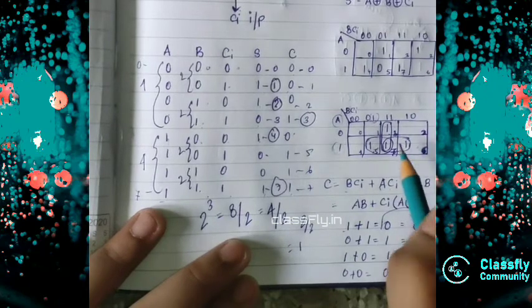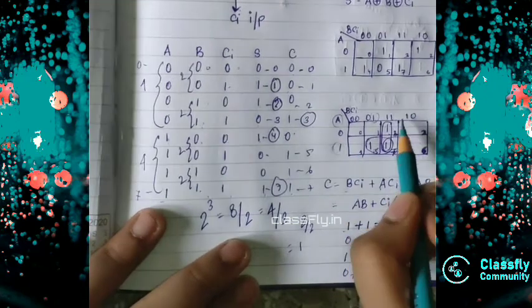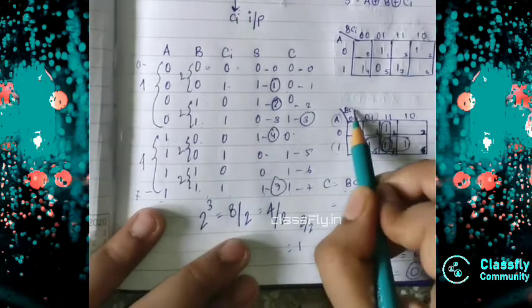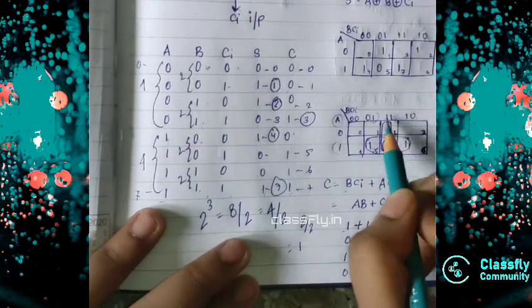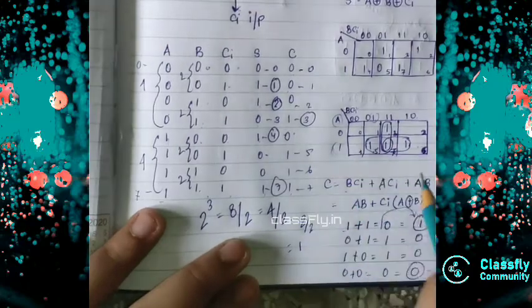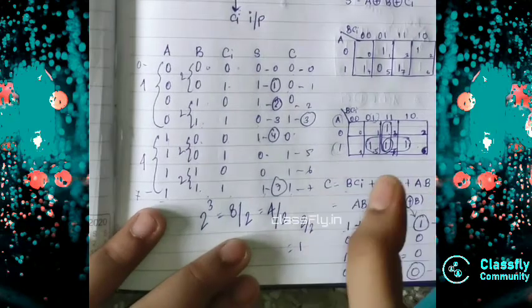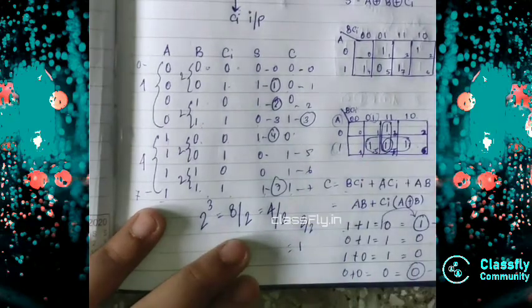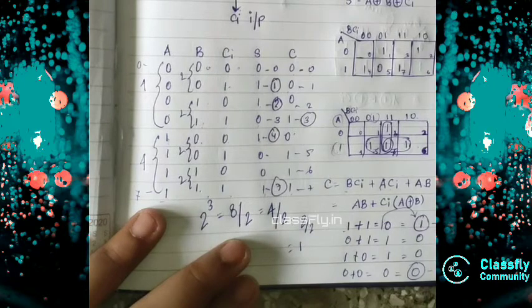Now for this one, as my Ci is changing from 1 to 0, I will not write Ci, I will only write B. So I wrote B, and as A is also not changing, I will write A. This is one of the K-map. K-map can have various equations. Solving can be different. So we will prefer